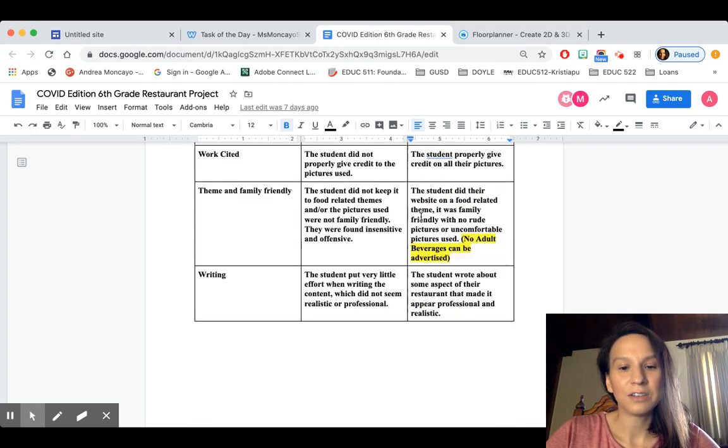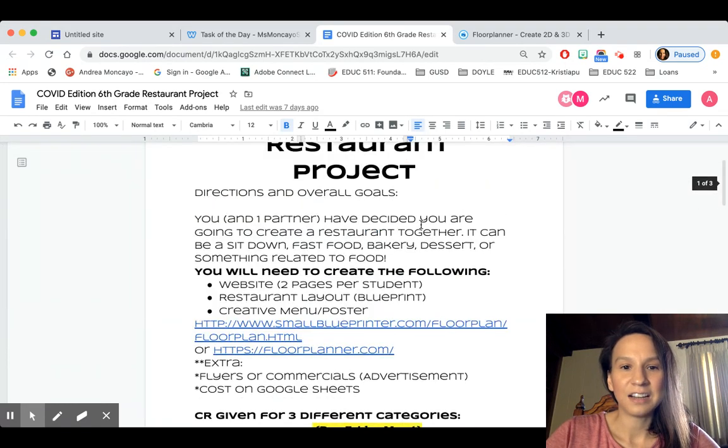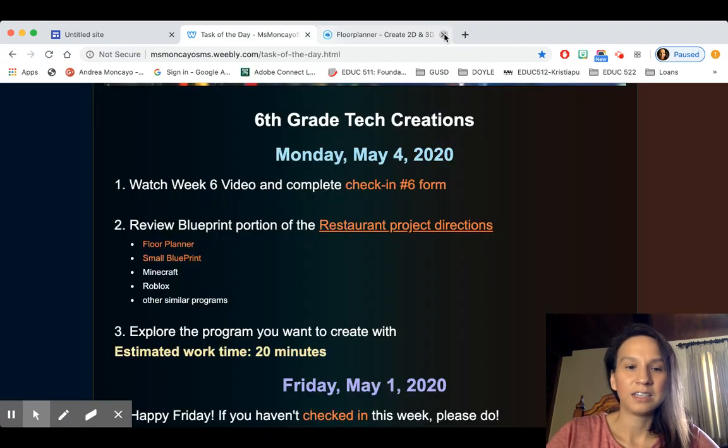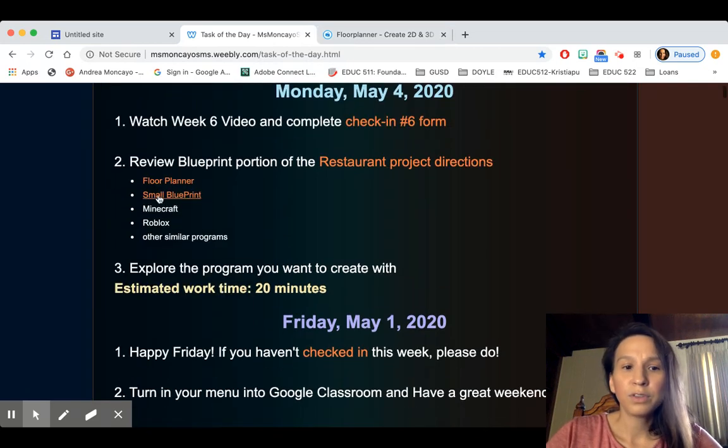So you'll have to go through this and read a little bit more in detail. But I just want to walk you through your options real quick. So I had a couple of you ask me about programs that you're also interested in with creating, so like Minecraft or Roblox or something like that. So yes, the answer is yes, you can create with that, but you are going to have to screenshot it,